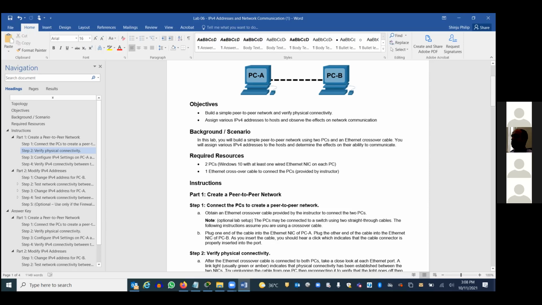If you have 2 machines and you don't have a switch, can you communicate with each other using a cross cable? Connect one end of your wire to one computer and the other end to another computer without having a switch. In that scenario, you cannot use a straight cable. You need a crossover cable, without a switch in between. Is it clear? So let's see how we are going to do that.